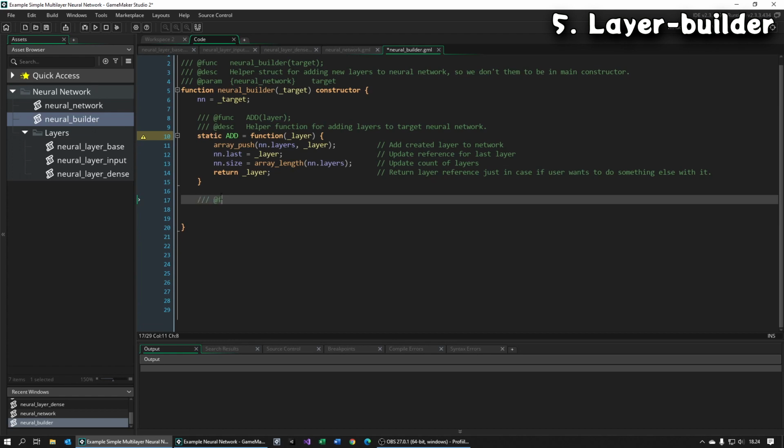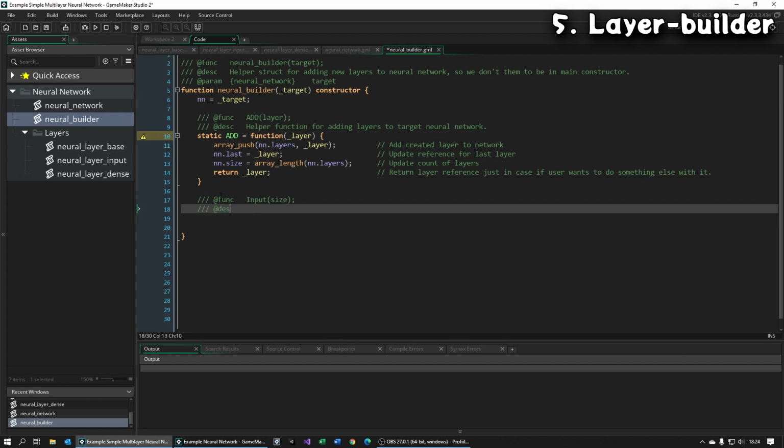In here we will create methods for all usable layers, so user will not need to use actual layer constructors.